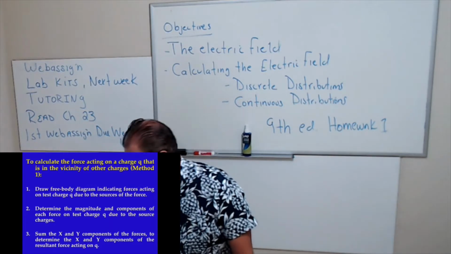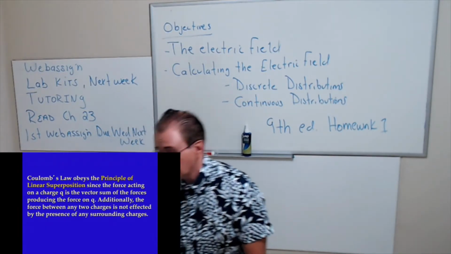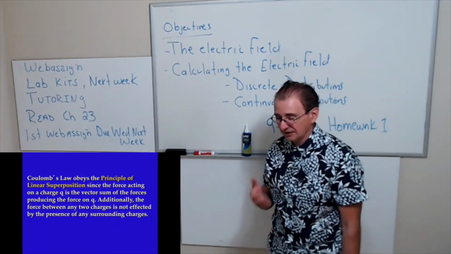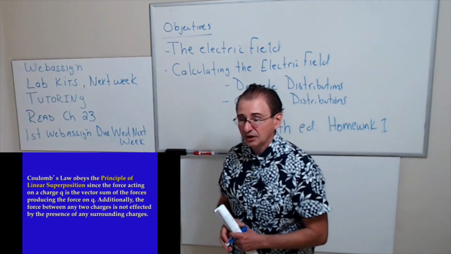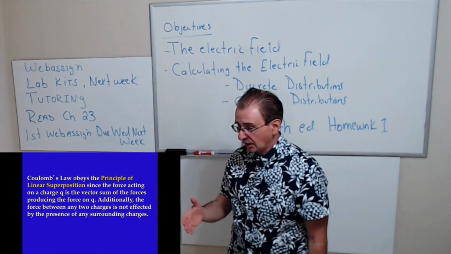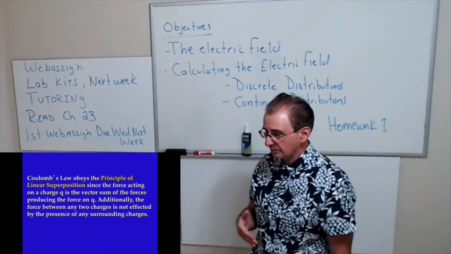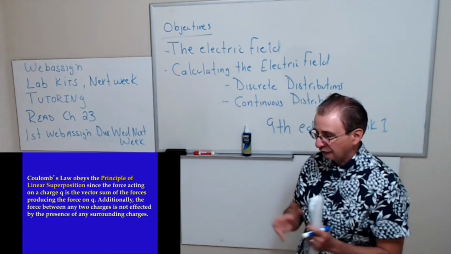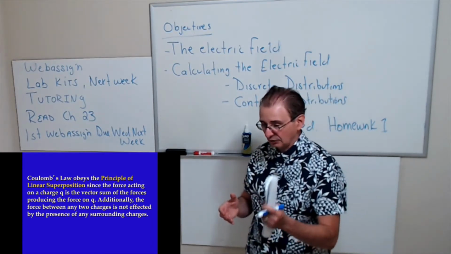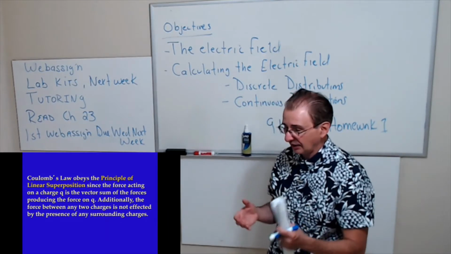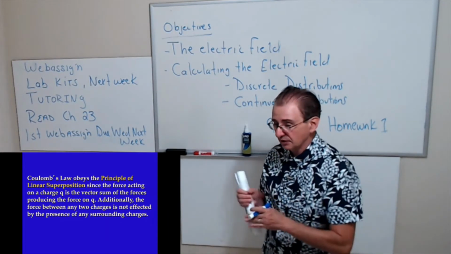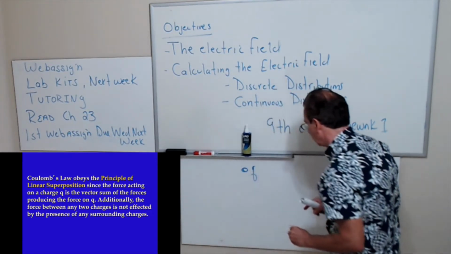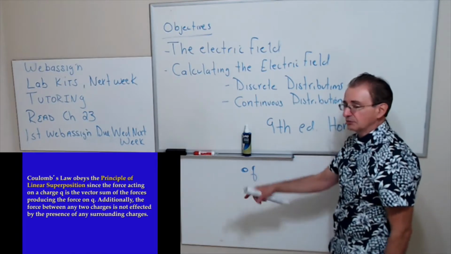Okay. All right. So I wanted to say one more thing regarding Coulomb's law, which is important. It's a subtle thing. It's an obvious thing, but we kind of overlook it. Coulomb's law obeys the principle of superposition, which means that when you look at the force on an object, it's basically a linear combination of all the forces. So for example, if I have a charge here, and I want to know the force on this charge due to some other charges,